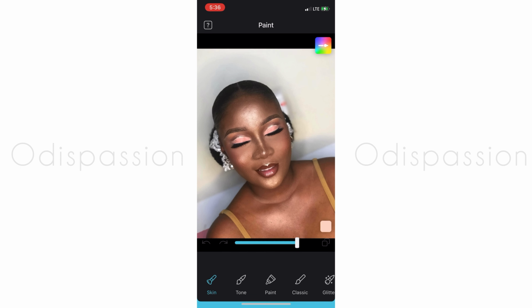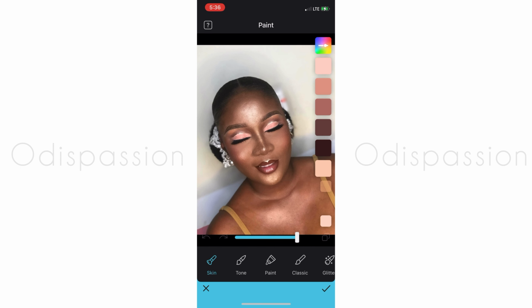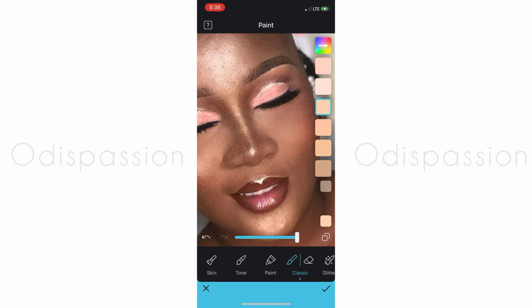So I'm going to move on to the paint option right now, and I'll choose the classic brush. It's going to bring out its own default colors by the side as well. I'll select this particular highlighting shade for her, and I'm just going to be tapping under her eye to bring back that highlight that I must have lost in the process of picking those pimples initially. So I'll just keep tapping,